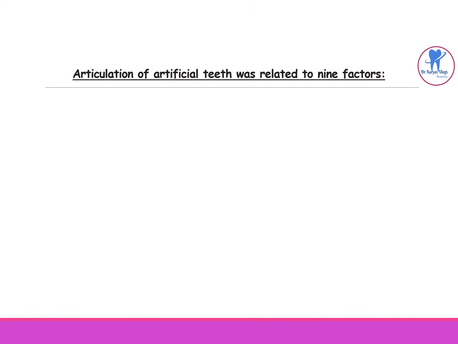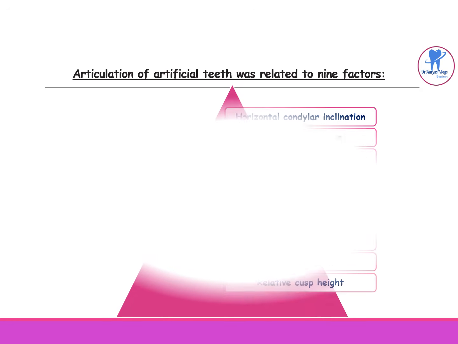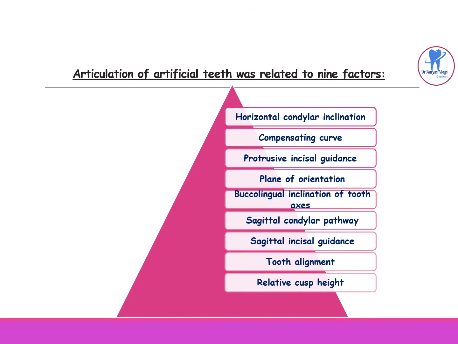The articulation of the artificial teeth is related to 9 factors. They are horizontal condylar inclination, compensating curve, retrusive incisal guidance, plane of orientation, buccolingual inclination of tooth axis, sagittal condylar pathway, sagittal incisal guidance, tooth alignment and relative cusp height. So these are the 9 factors which are related to the articulation of